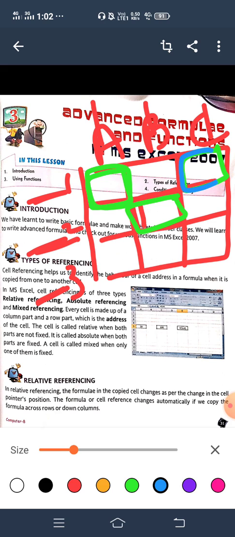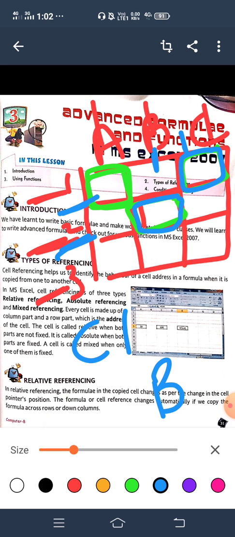Like you can see here, suppose we want to find the address of this cell. So, what is the address? First, we will start with the column. Column is C. And which one is the row? 1. So, its address will be C1. Then if we want to know about this one, what is the cell address of this cell? The cell address of this cell is B column and second row. Like this, the cell is made up of two parts, that is a row part and a column part. Okay, is it clear?